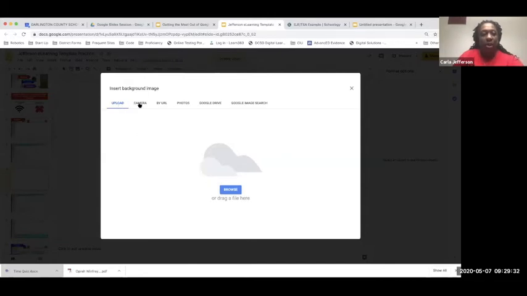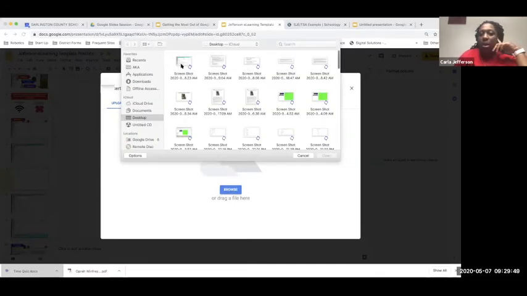If I wanted to take a picture of something, like using my webcam, I could do that. If there was a URL, so these are all of the options. If you already had the photo in your Google Drive, you could do it. In this case, I just took a screenshot, so I'm going to do an upload and browse. It's on my desktop as a screenshot. Open it,